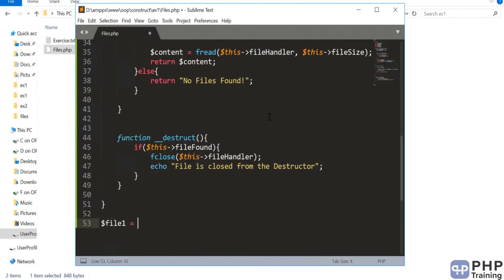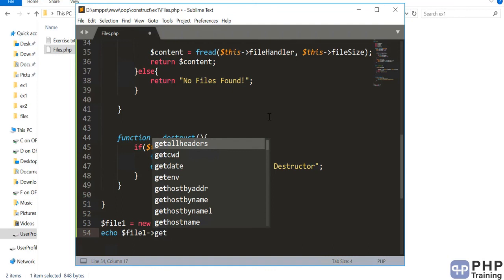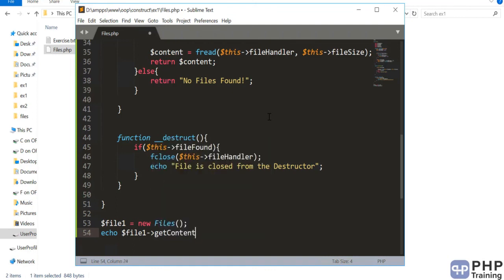So file1 is equal to new files. Then you can say file1, and you can just say get contents, and we'll pass the file name here. Okay,